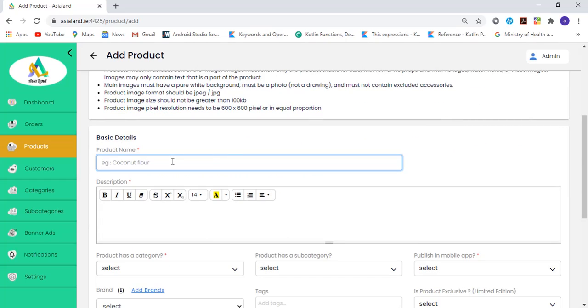Product name. You can enter any name for the product you want to display to the customer. Let's enter the name for this product. After adding the product name, enter the description for the product. If you want to specify some features and special aspects of the product, you can enter it here.